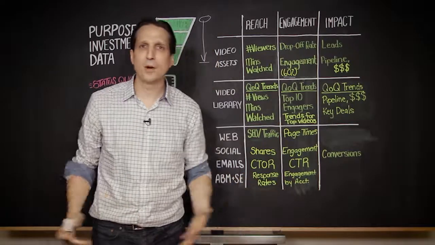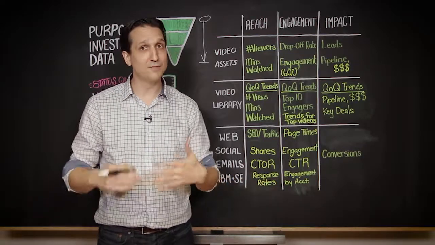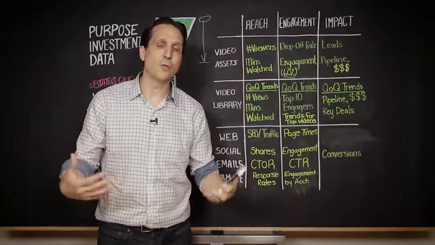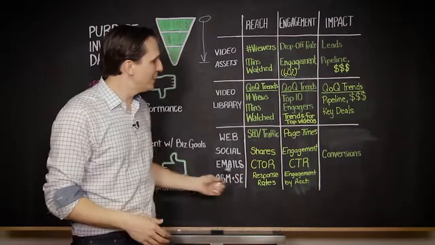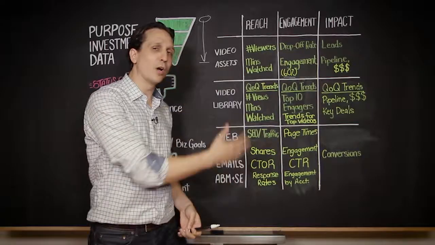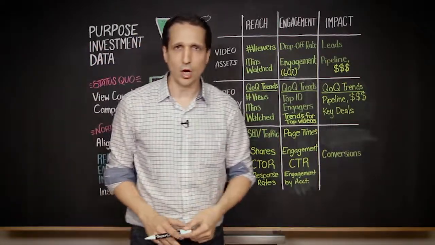And finally, account-based marketing, sales enablement, same idea. If you're targeting specific accounts and using video to do that, is it working? And are you seeing accounts that engage with video progress faster or not? These are some of the things that are going to help you understand what's working and help you figure out where you can optimize your programs to ultimately deliver a better overall ROI.